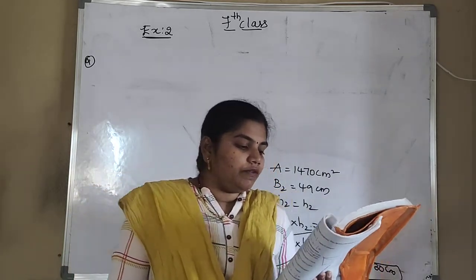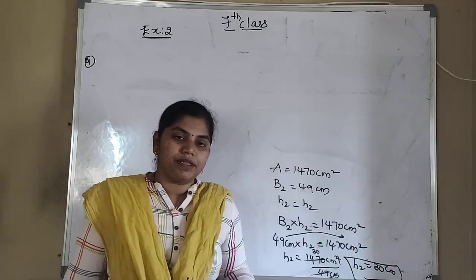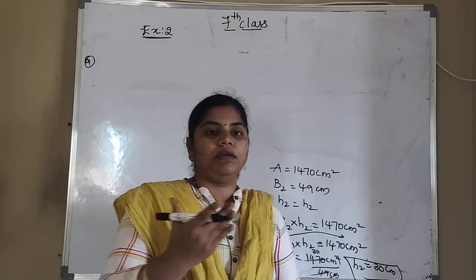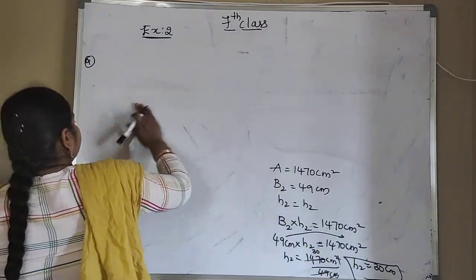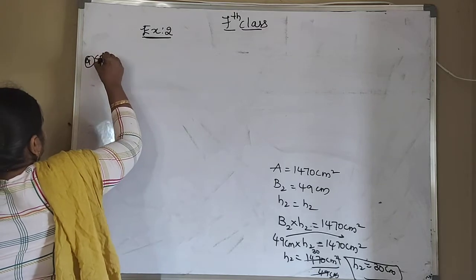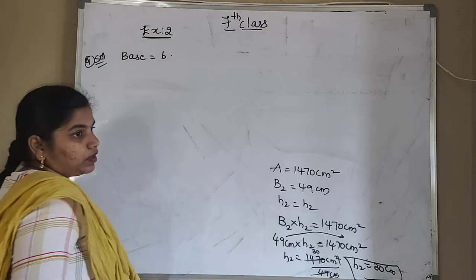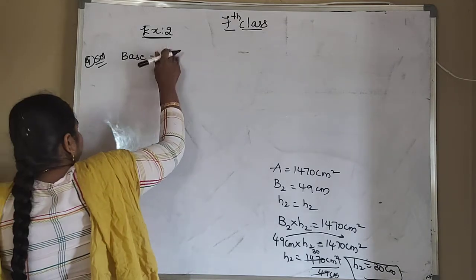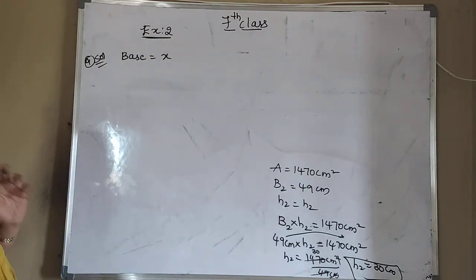Okay. So if the area of a parallelogram is 192 centimeters square, find its height and base. So by the given information you have to find the height value as well as the base value. They didn't mention anything about base, so I am taking the base value as b, or you can take it in the form of x itself. Any alphabet, because it is an unknown value.